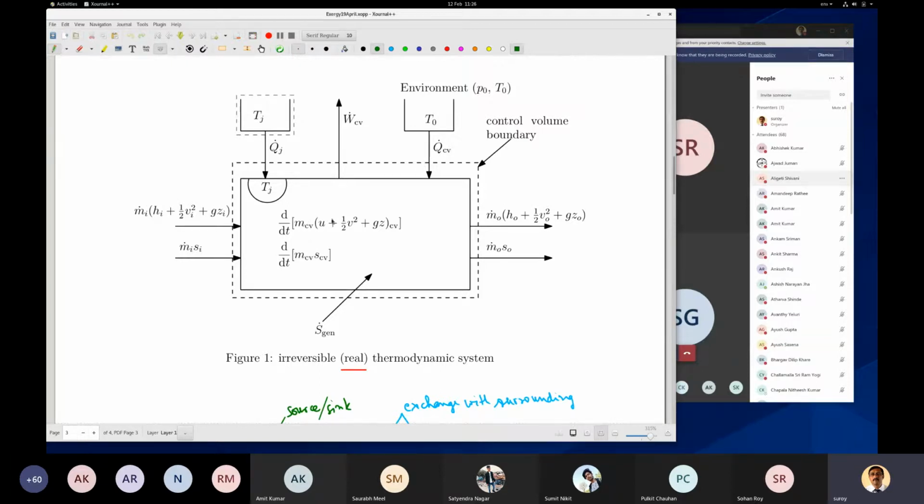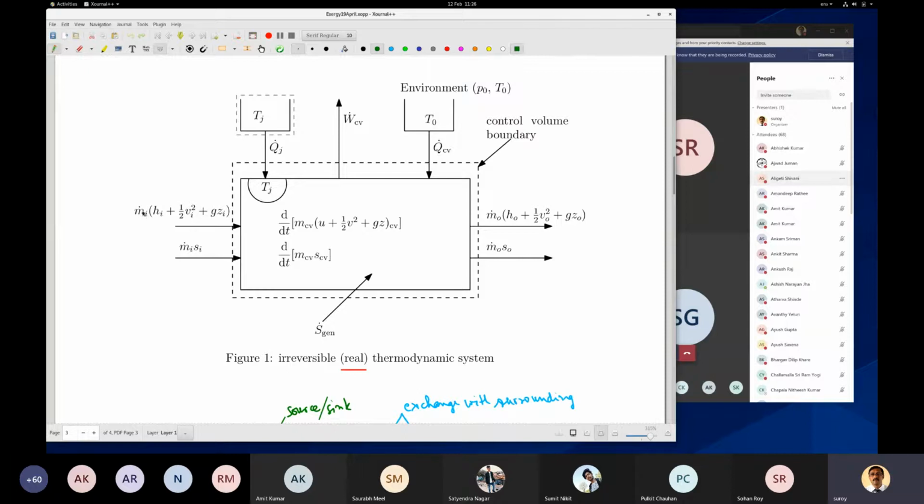And why is this change in energy taking place? When we talk about change in energy, we talk of internal energy, kinetic energy, potential energy. Many a times for the problems that we do, kinetic energy change and potential energy change can be neglected in many cases. And this change in energy inside the control volume is because of the energy coming in due to